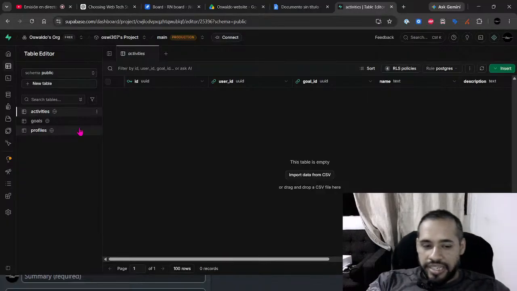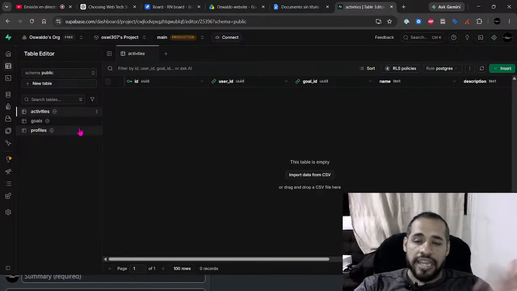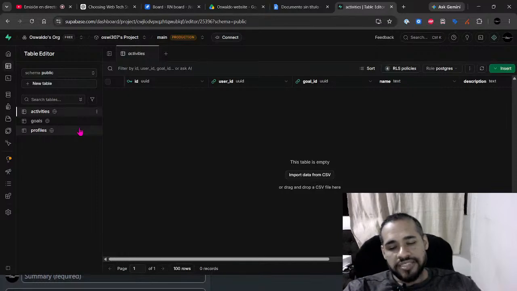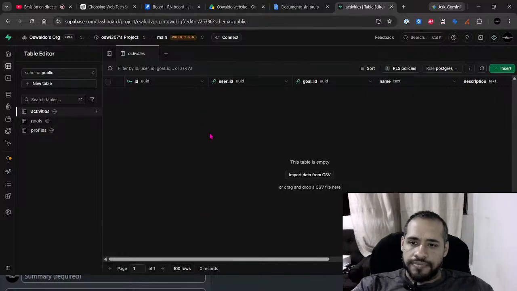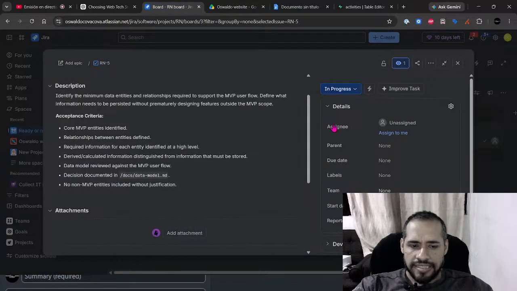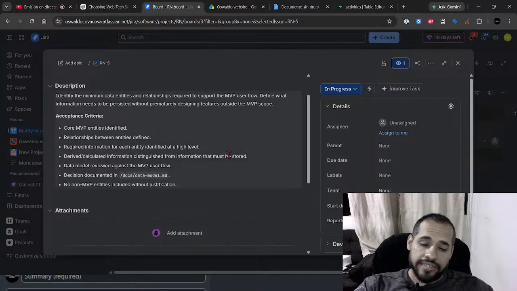I already created the database, and we have the tables, and tomorrow we can start building stuff. I would say that this is already done, but I won't set it as done, because I need to see if there is any other information that we need to create for it.